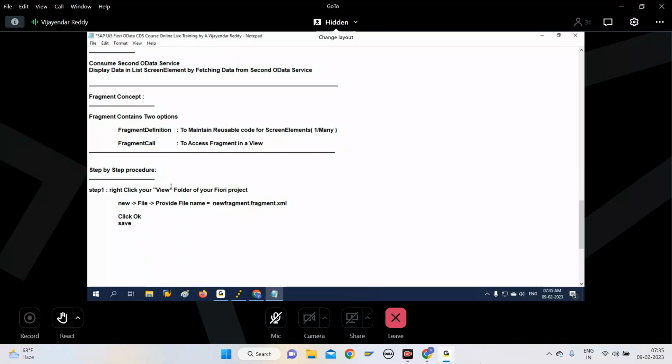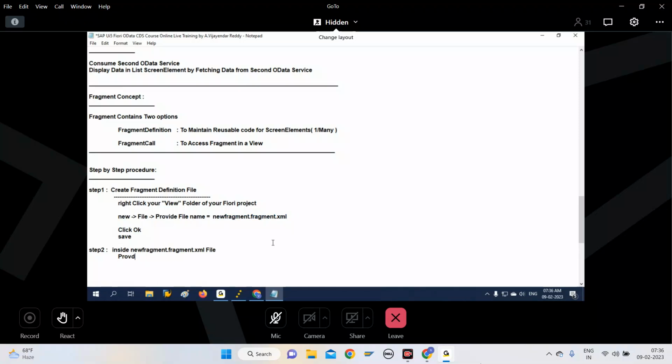So that is technically step 1. We are creating a fragment definition file: right click the view folder, new file, provide a file name, for example, new fragment.fragment.xml, click OK and save it. Step 2: inside this new fragment.fragment.xml file,